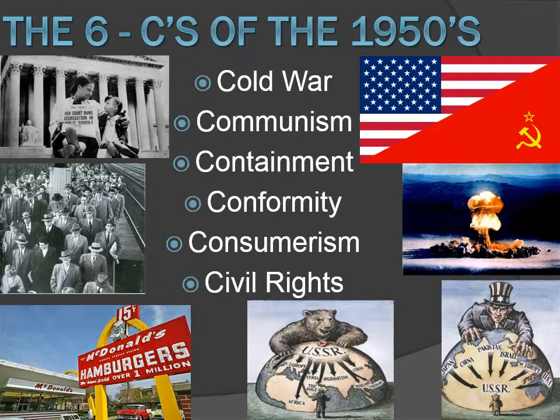We're also going to have a policy that's related to the Cold War, which is communism. We're going to have to deal with the second Red Scare. We had the first Red Scare after World War I, and we're going to have the second Red Scare after World War II. Then we're going to have to try to contain communism. We're going to start to see communism spread, and we're going to have to make concessions of what we're going to do to try and contain communism.